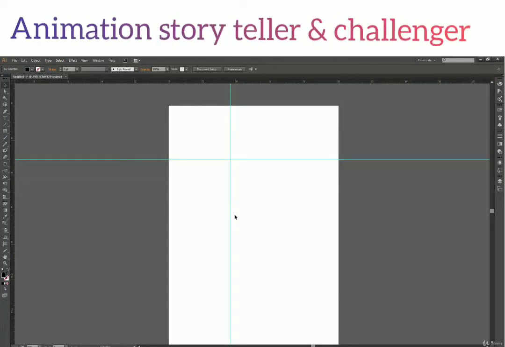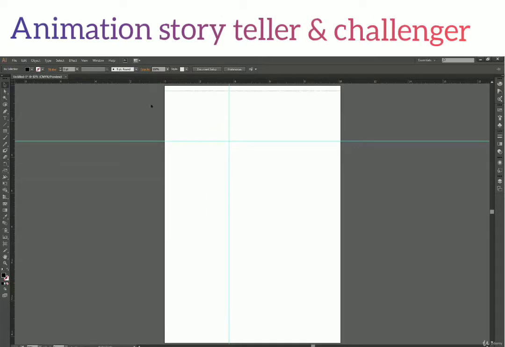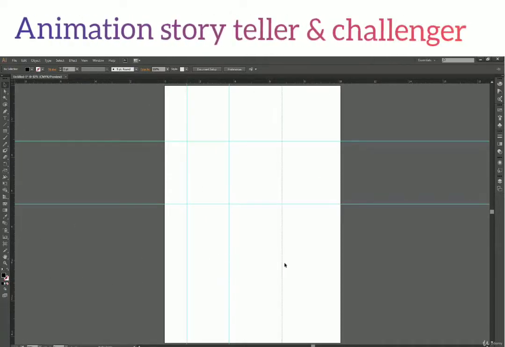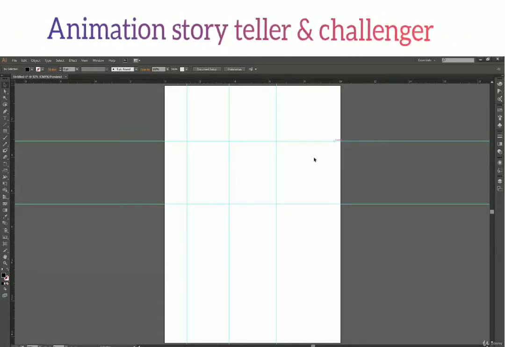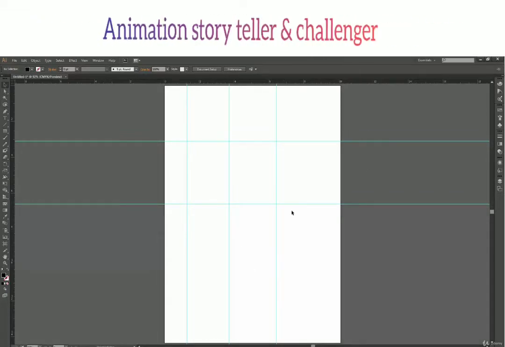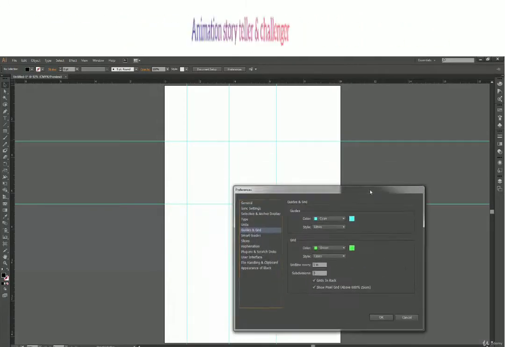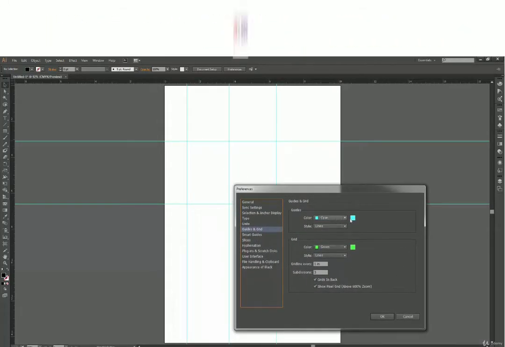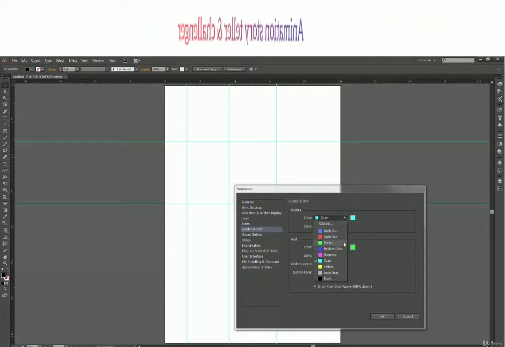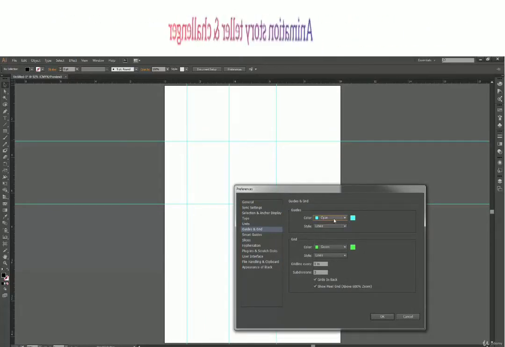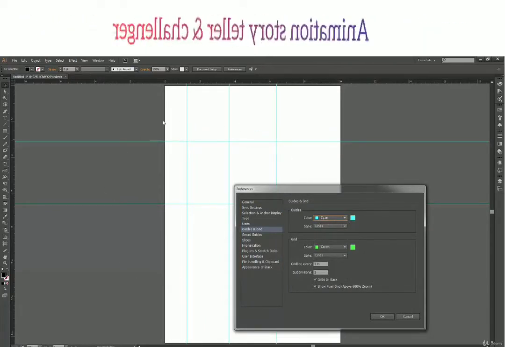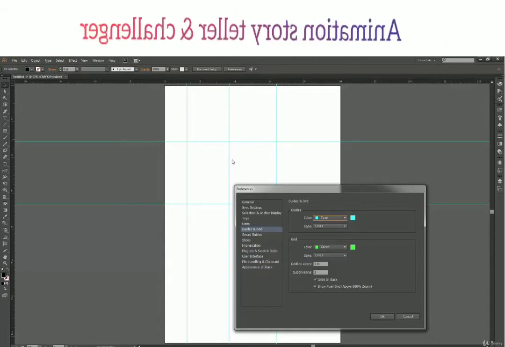Just click and drag on the ruler, and it will create some guides for you. There we go. We have a few guides on the screen now. Let's see what options we have for this. Like we can see here, we have a color for these guides, and right now it's cyan, the same color as in the background.